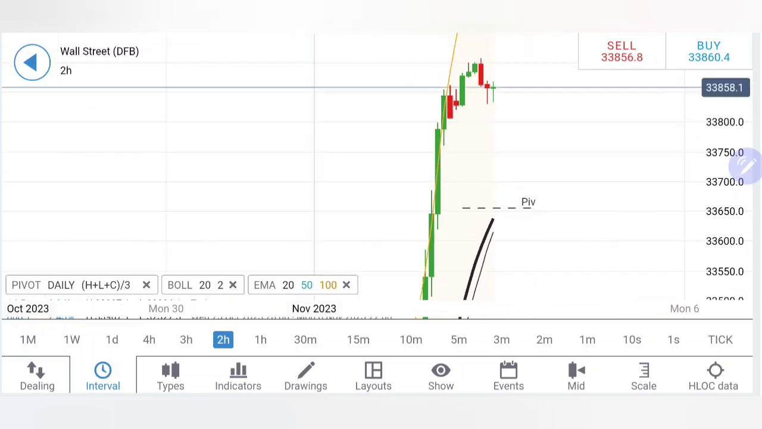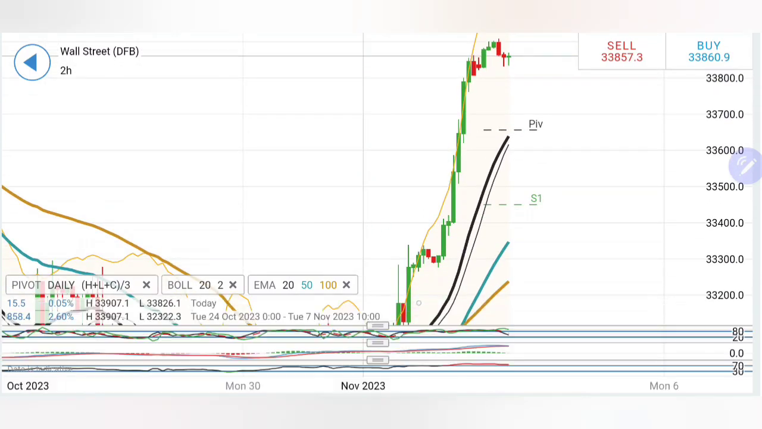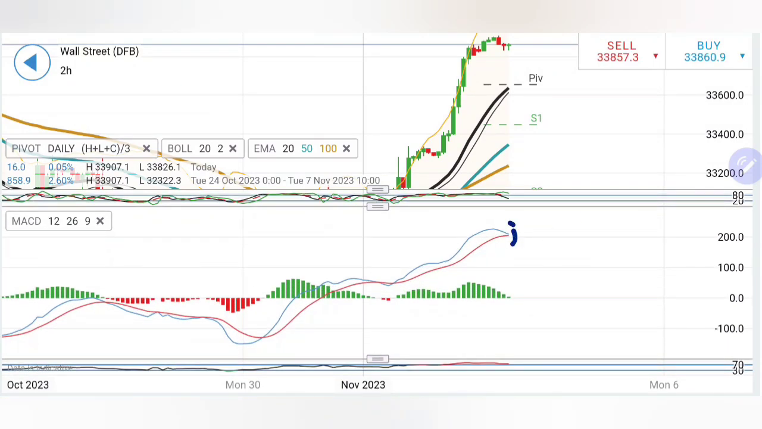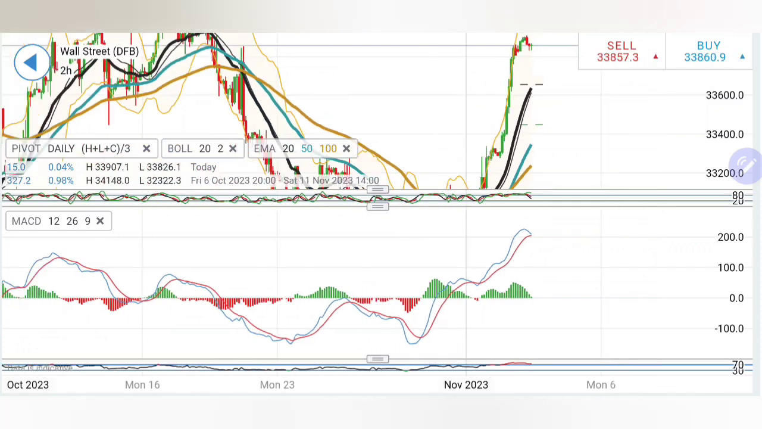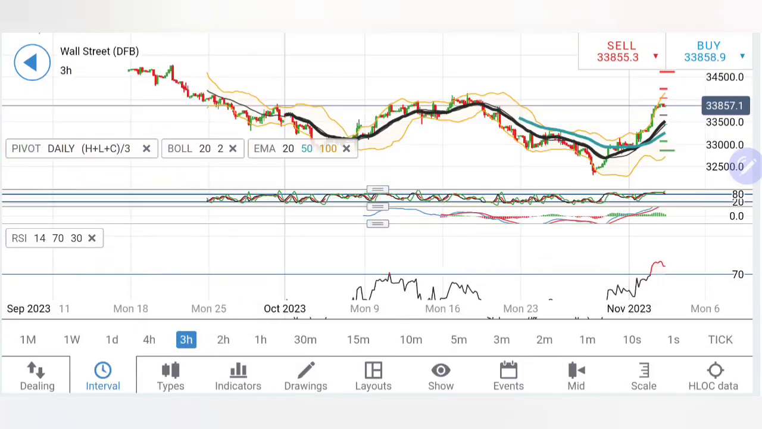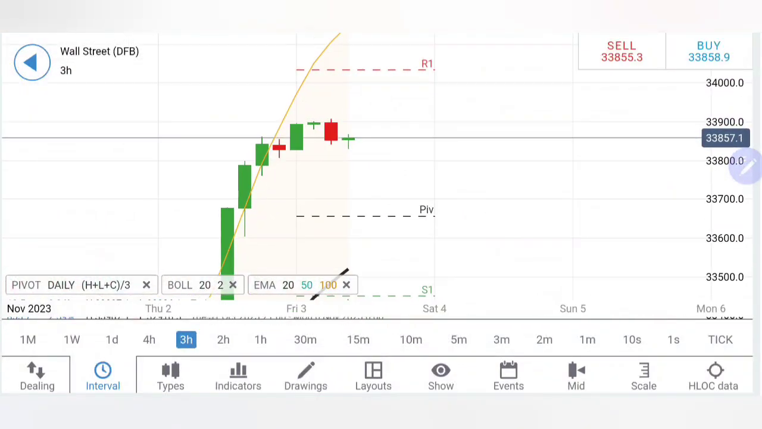33,780, 33,700 or 680 and 650 levels. 33,650 is a greater support. Stochastic is looking downwards, trying to stay bearish. MACD is in green, trying to converge for a crossover for a sell. Right now it is still in green. RSI is extremely overbought here. Coming to 3-hour charts, likewise, if you see on the 3-hour charts,